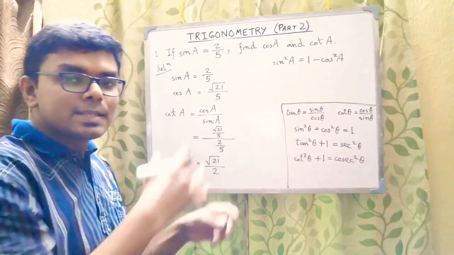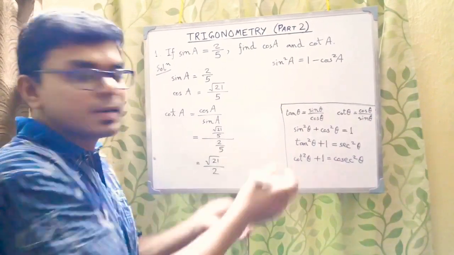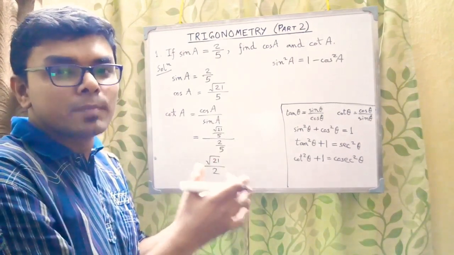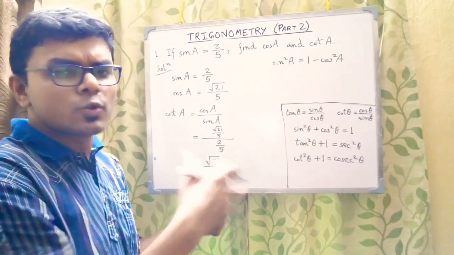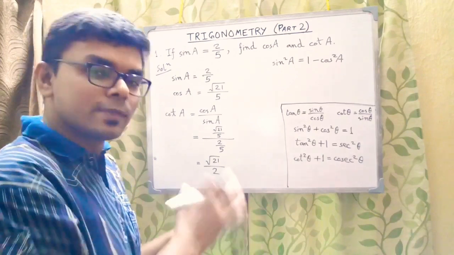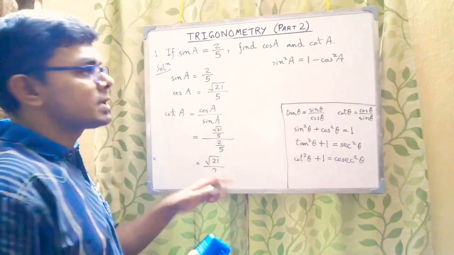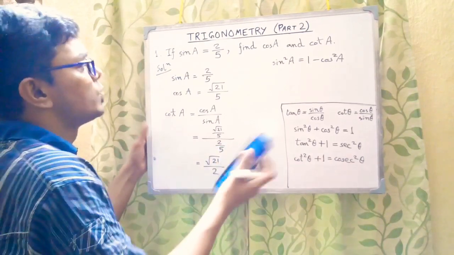So you just see, it is just the juggling and shuffling of these identities which you have to keep in mind. In the beginning it might seem a bit confusing, but you just go on practicing. It's nothing. Okay, it's very easy. So I will just move on to another numerical problem.